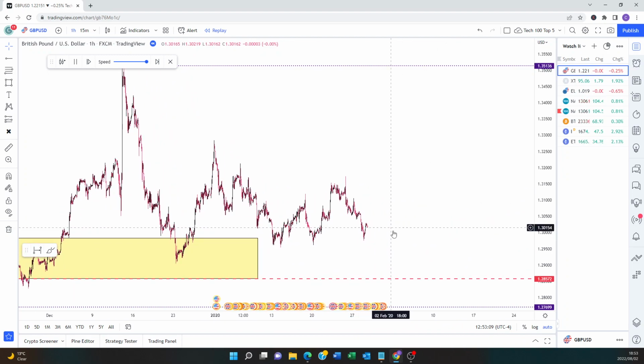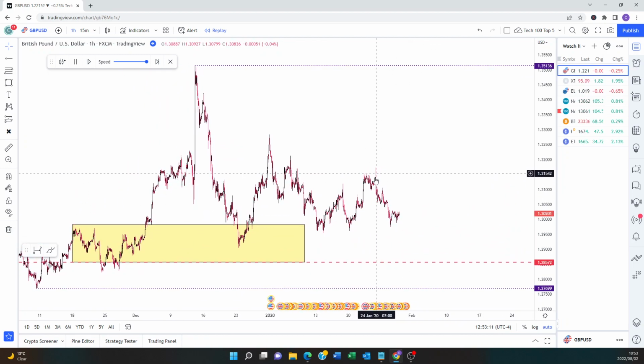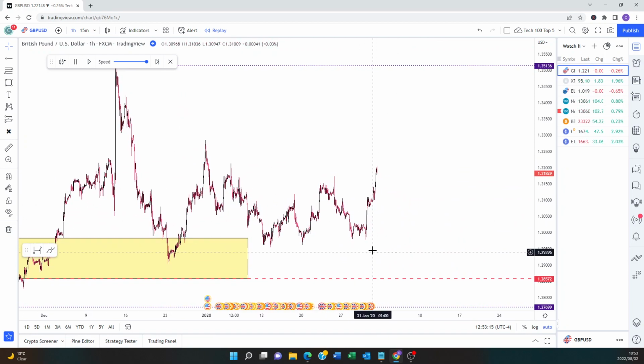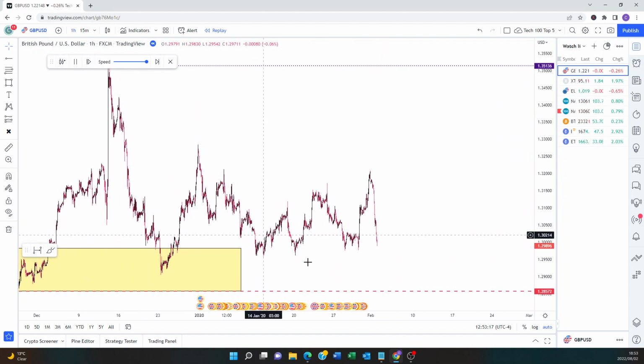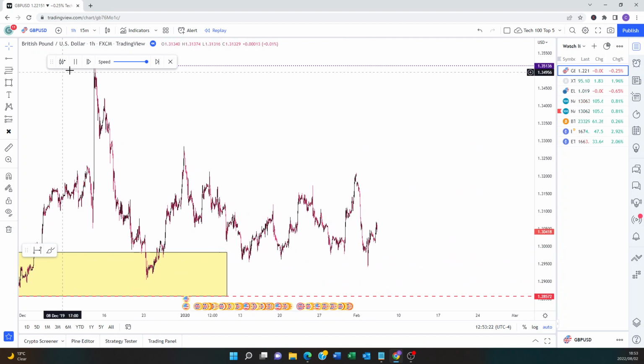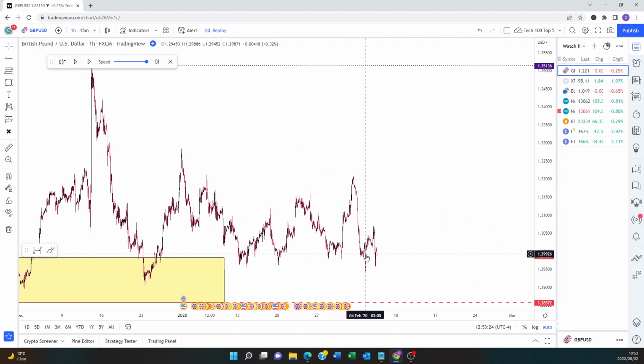Now, since price is in a range, and this is a really clear manipulation, there's potential to trade off that if we break the structure, but we haven't. So yet again, it's really important to wait for those breaks. Now, I really like this, but what's the problem? A lot of smart money traders will be caught trading this move. It's not to say it won't work, but